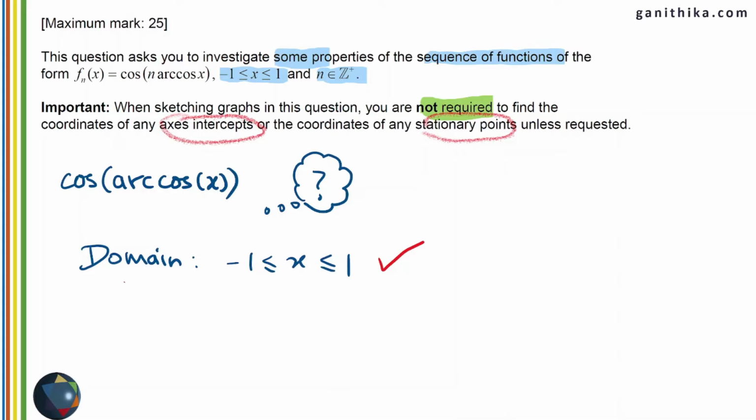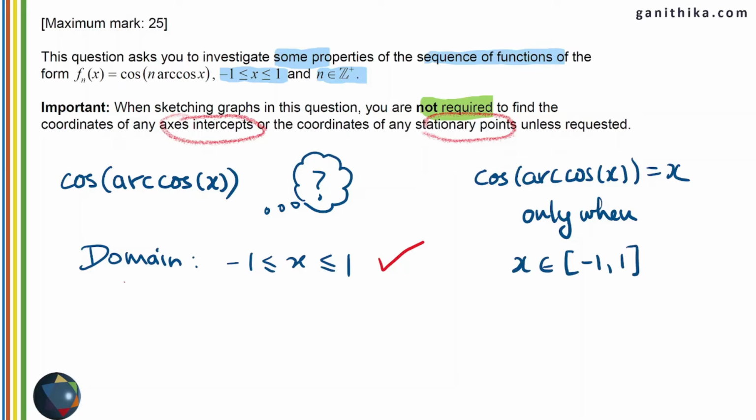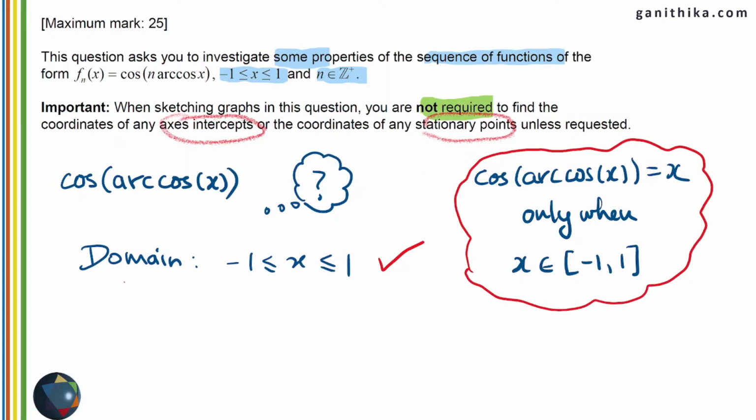So this is a checklist that you can have before you start reading the question paper. Next is, you know that cos of arccos x is equal to x. Usually f of f inverse of x is always equal to x, but in case of trigonometry, cos of cos inverse of x is equal to x only when x is in the interval -1 to 1. And we know this. Therefore, in any part of this question, if you get cos of arccos of x, which is cos of cos inverse of x, you can substitute that as x because the domain is satisfied in this case. Therefore, you can keep this in your mind while you are solving this question.